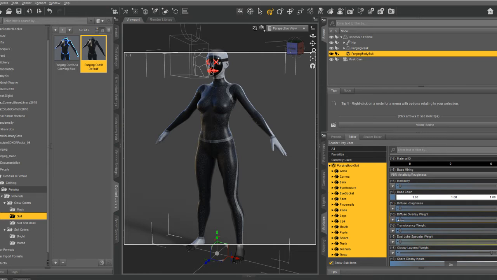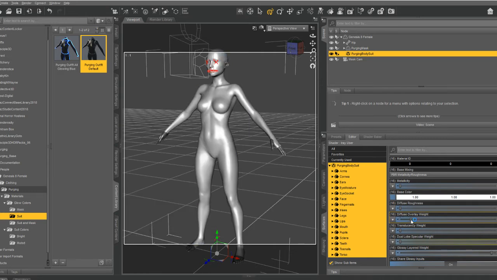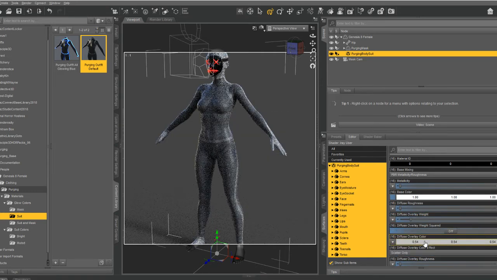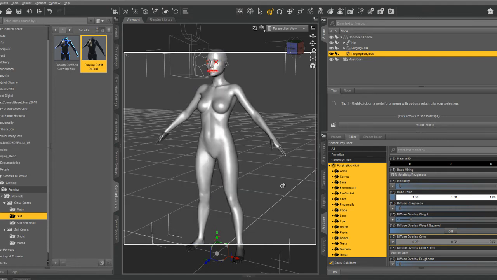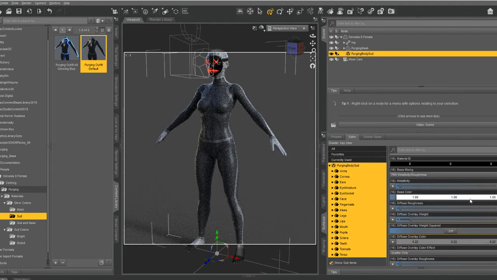To make it appear, you just start messing with the overlay weight, and you'll see, boom, it pops up. So that's kind of a cool gray color there. Let's say I want a darker one. I'm just going to grab this one, and yeah, same process as before,